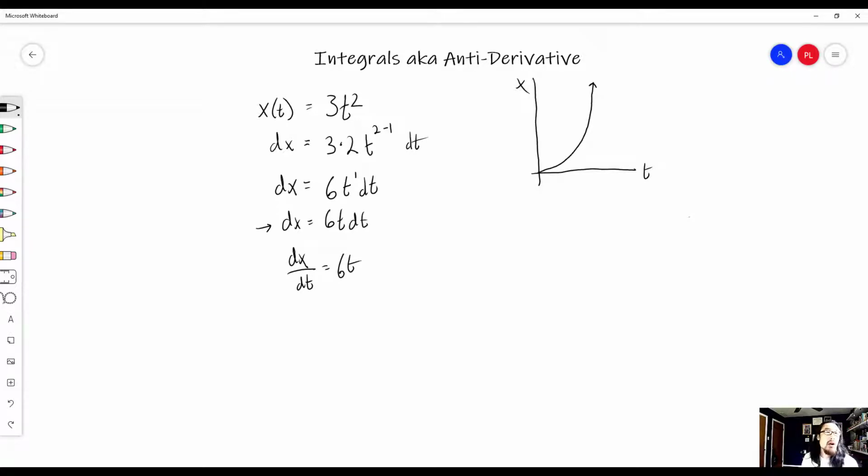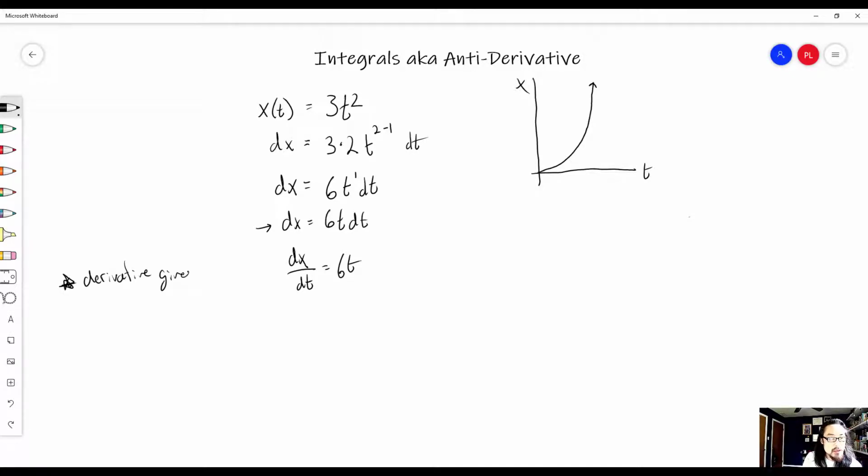All right, so this is how you go through the whole derivative process. Now, what this function, dx/dt equal to 6t, tells us is how much this function is changing by, right? It tells us the slope. That's important to know. I'm going to put a little star there: derivative